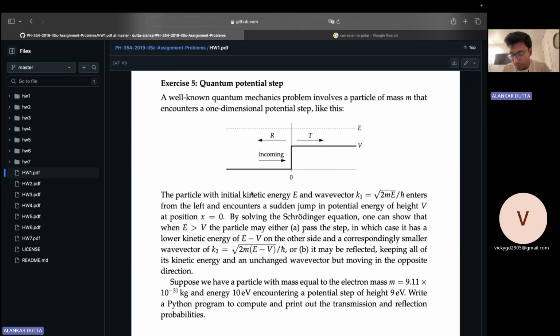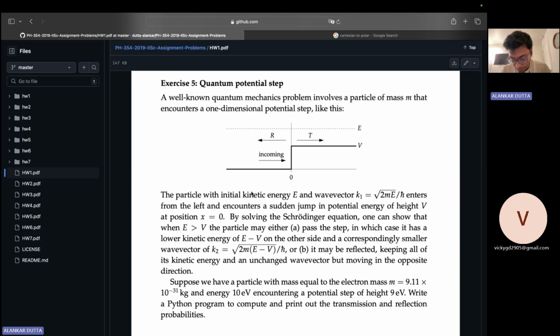The particle with the initial kinetic energy E and a wave vector k1 enters from the left and encounters a sudden jump in the potential energy of height V at position x equals 0. By solving the Schrodinger equation, one can show that when energy E is greater than the potential V, the particle may either pass the step, in which case it has a lower kinetic energy of E minus V on the other side, and a correspondingly smaller wave vector k2, which is square root of 2m times (E minus V) over h bar, or it may be reflected keeping all of its kinetic energy and an unchanged wave vector